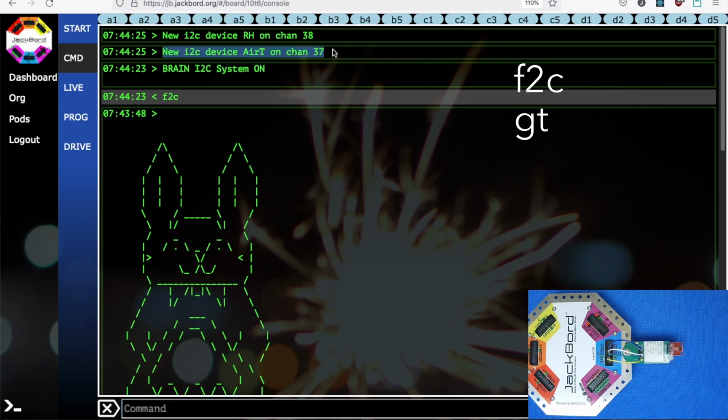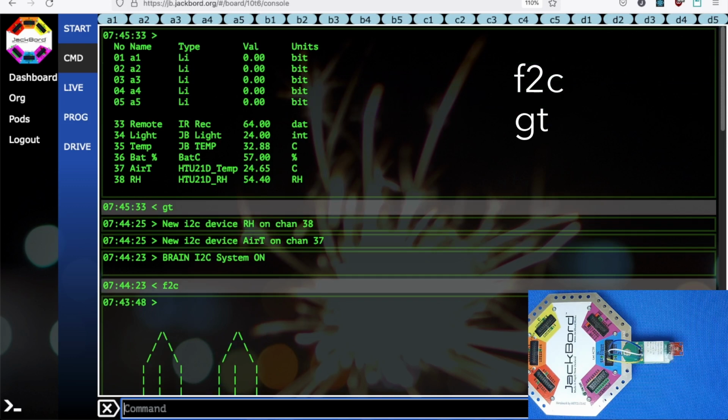So it's found the air temperature sensor on channel 37, and it has found the relative humidity sensor on channel 38. Now the next command that we're going to use, since we've found the sensors, is the GT command, and what that stands for is basically get. So type GT at the command prompt and press enter, and the JackBord will get the readings from all the different sensors. And down here, see on channel 37 we have the air temperature, which is 24.65 degrees Celsius, and then on channel 38 we have the relative humidity, which is